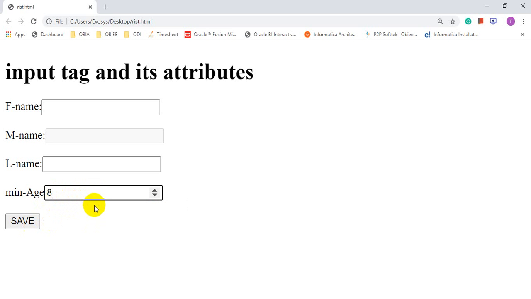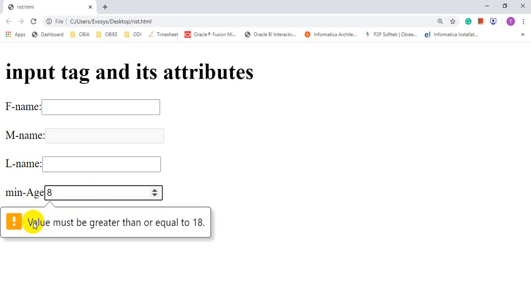When you place your cursor, see there is a message: value must be greater than or equal to 18. This message is in very small letters, you won't be able to see it, but I will show you in a larger font. So when you click on the save button, see, value must be greater than or equal to 18.